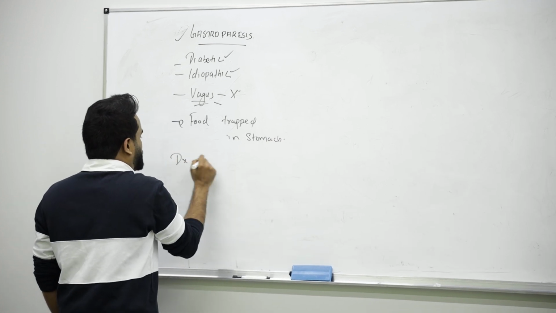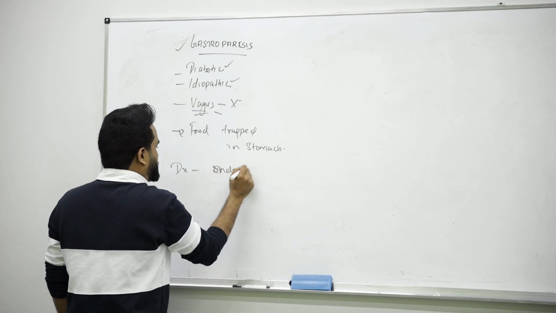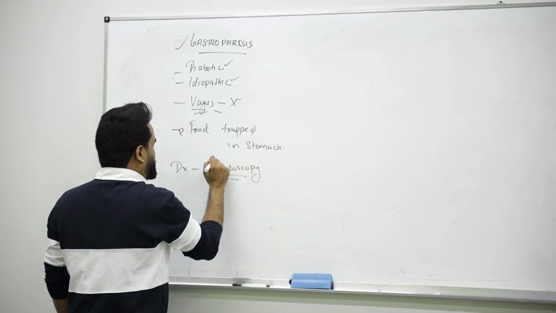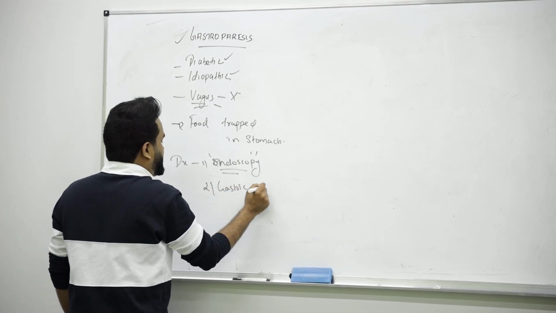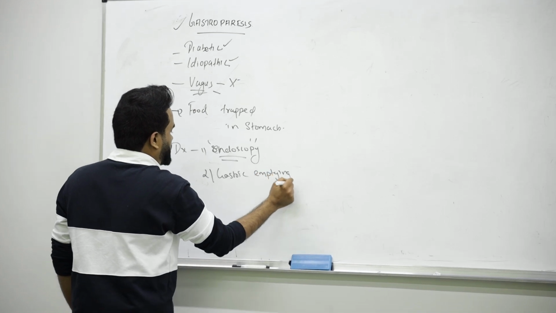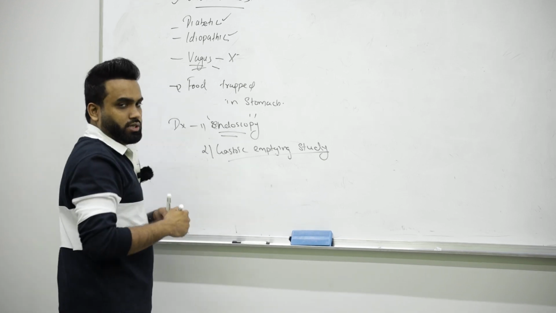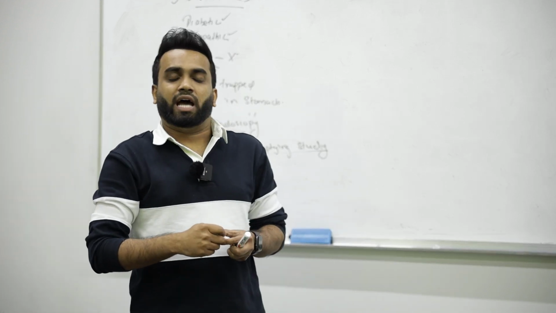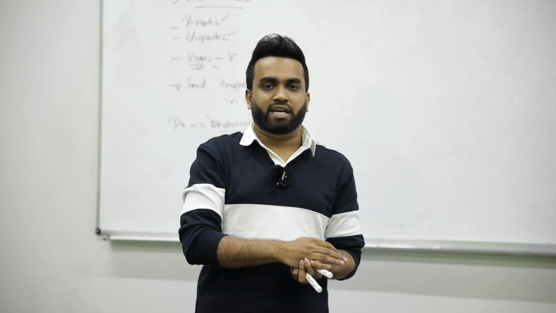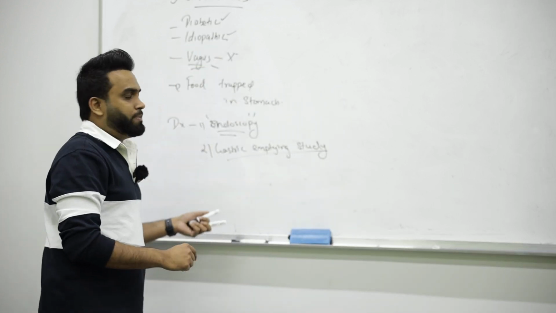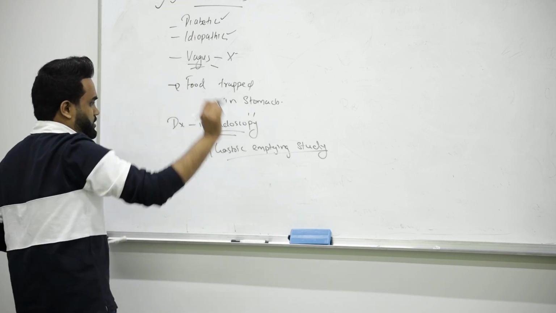For diagnosing, you can do an endoscopy. Then the main one is the gastric emptying study. It means the food should be going out in a specific, limited time. We'll give, like, 4 hours or 2 hours, and see how much percentage of the stomach is cleared. If they are not clearing, there is paralysis of the stomach. I mean, the stomach is paralyzed, right?